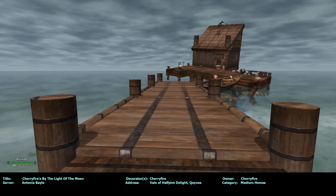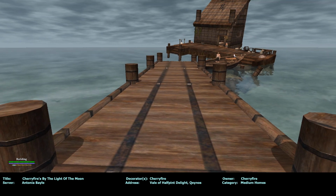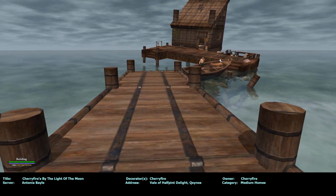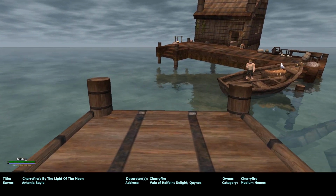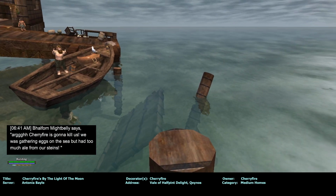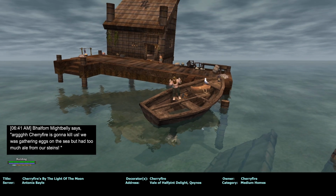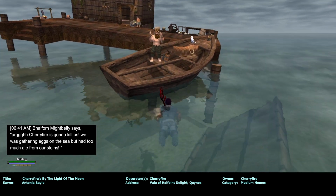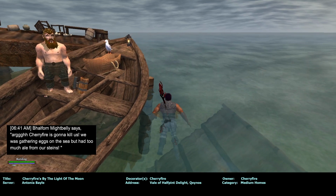And again, with the dock, she used different wood this time, but it looks very nice. It's one wood, but it has the bands already in it to give it the details. And look, the dock broke. And why is their house like this? Well, we're gonna find out. I was flying before, so